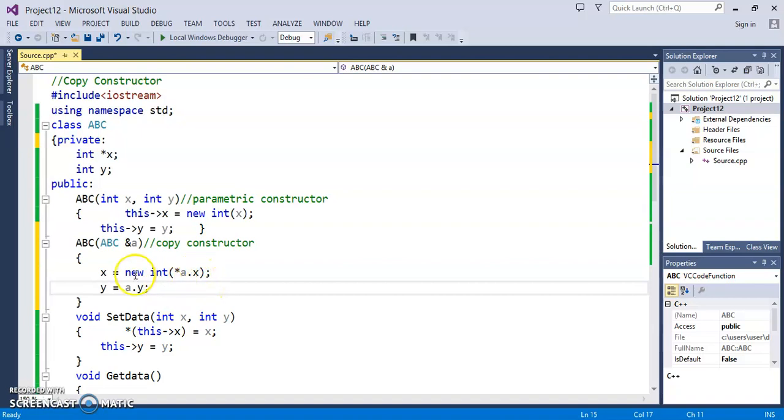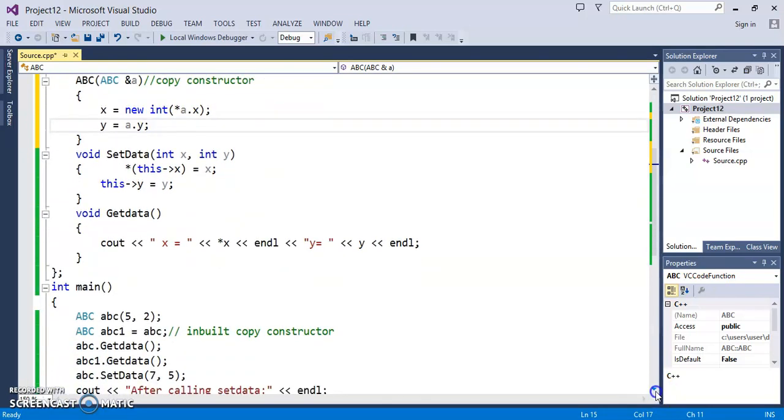So it will be assigning to this parameter X, because X is a pointer and we want to do dynamic allocation for X. So every time we have to use new whenever we are using this X. This will assign the value of X, whatever the value of X for A, to the new object, and Y is simple.